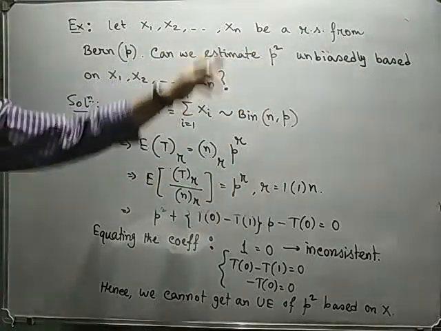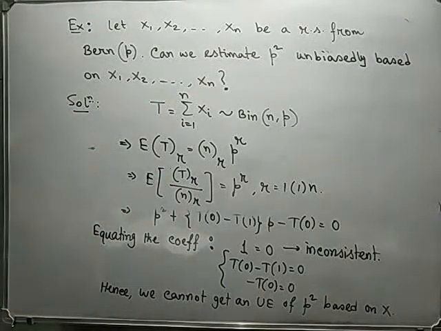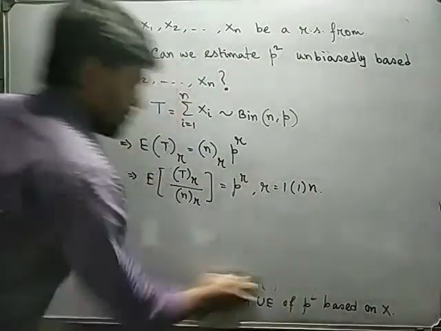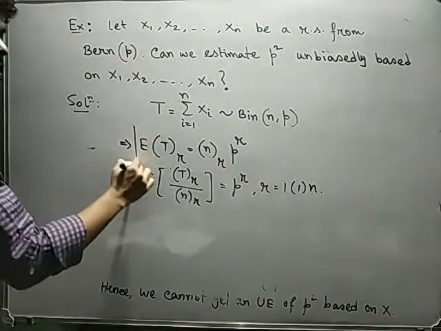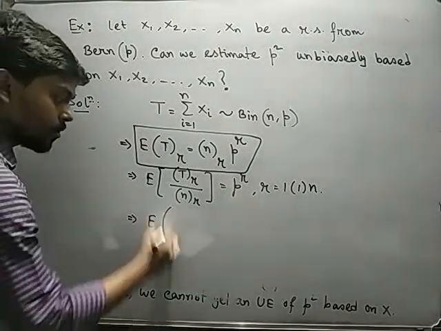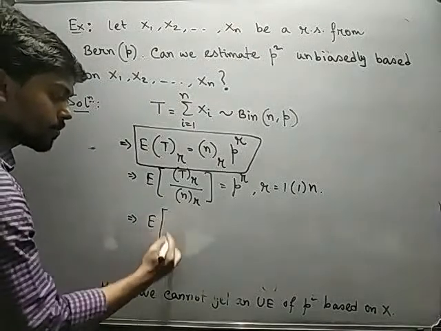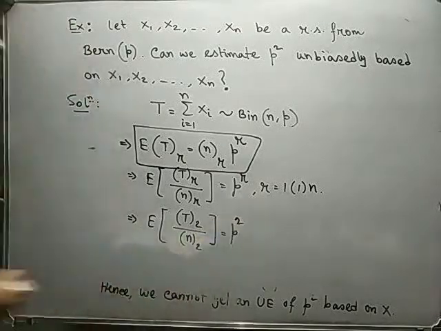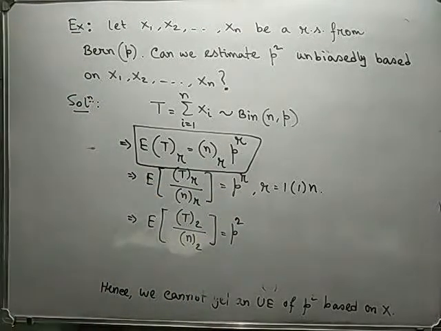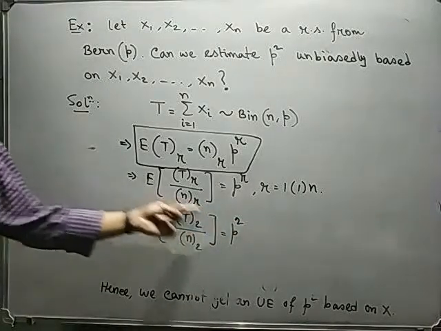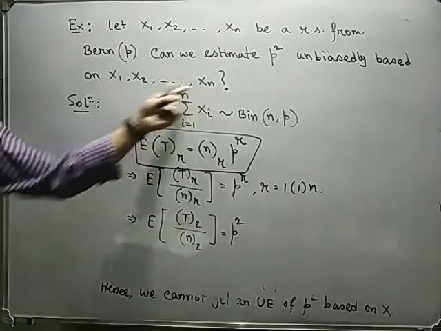So the unbiased estimate of p square will be... try to remind this result. This result is very much helpful. So that implies the expectation of TP2 by NP2 is exactly equal to p square. If we choose r equal to 2, it will be exactly equal to p square. So the unbiased estimate of p square is basically this quantity, and this is a function of the summation of xi.